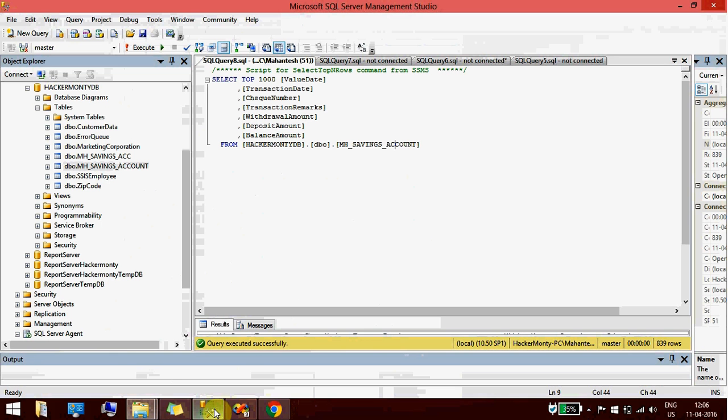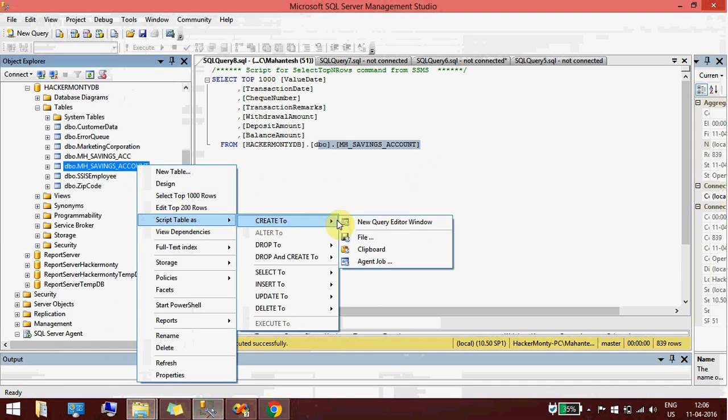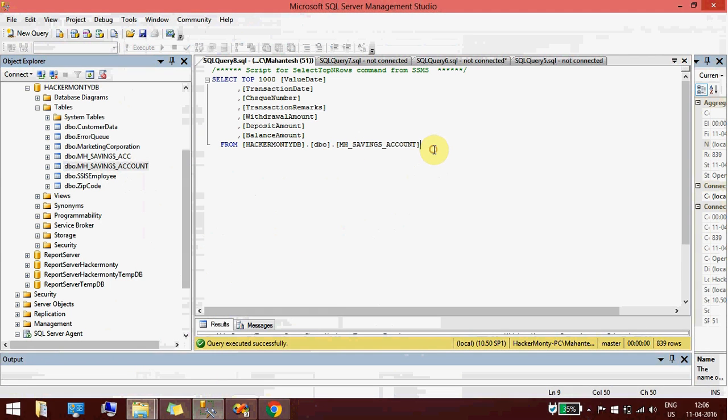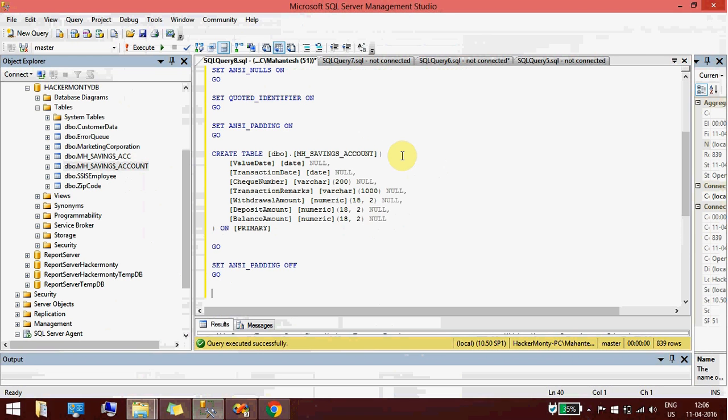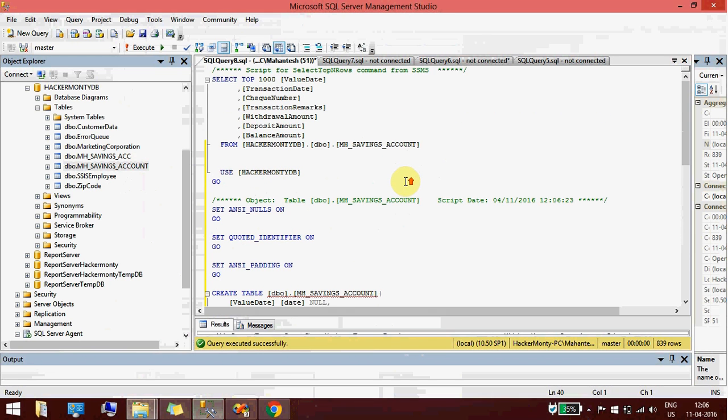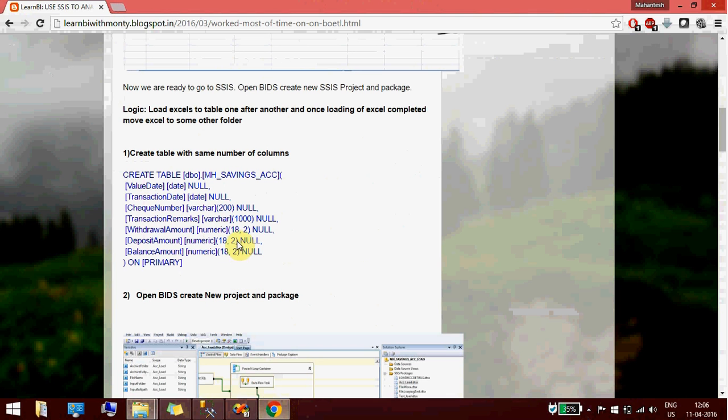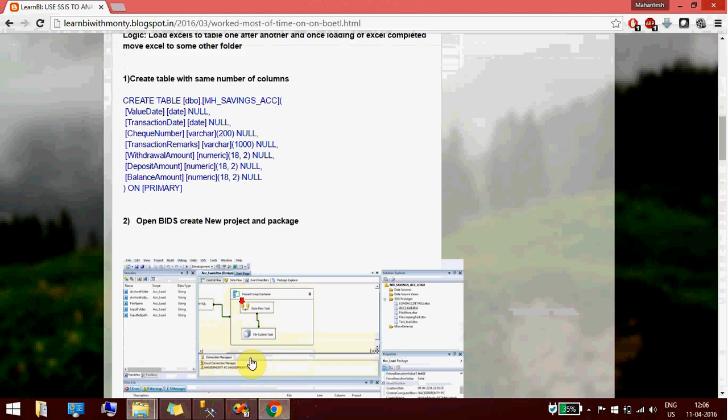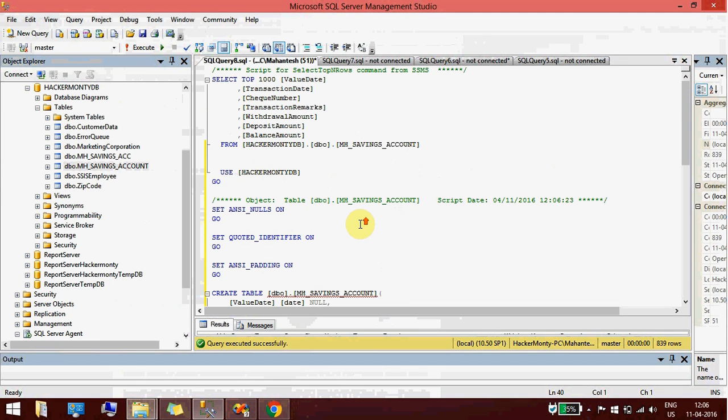My Excel has this many columns. You can see this is the table I have created. I have even given the code to create it. So you just need to create it.